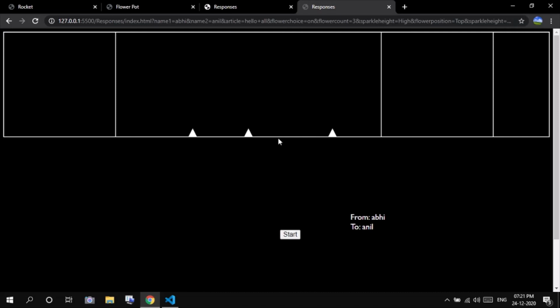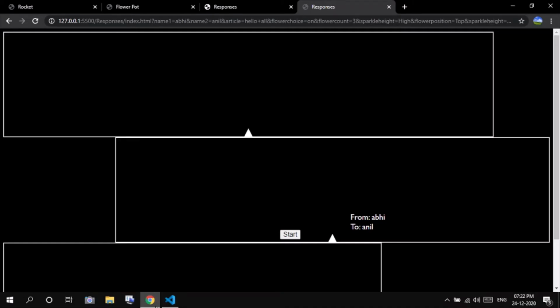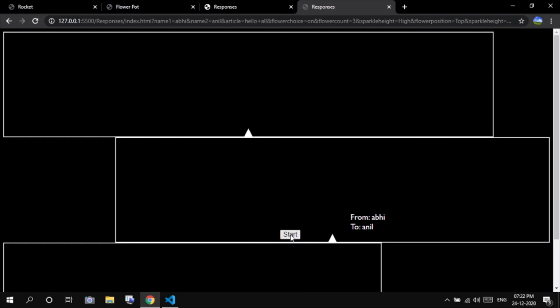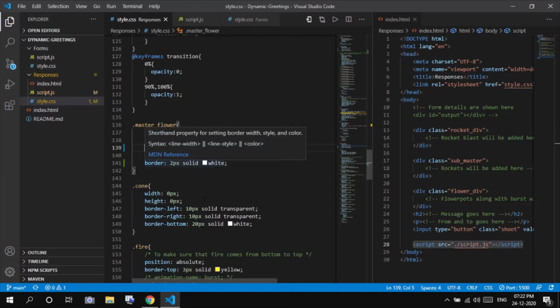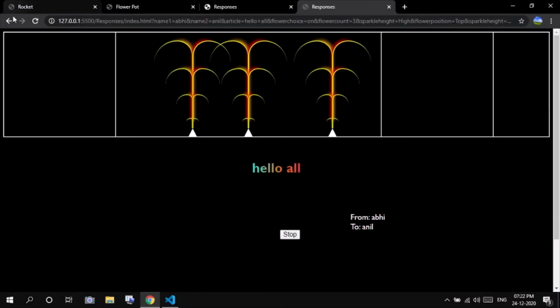You can see the flex boxes are here, and yeah, if I remove position relative, all will be wrapped like this at the bottom, because the width of each flex box will be the viewport width. If I start, all are centered. If I make this, yeah, you can see.